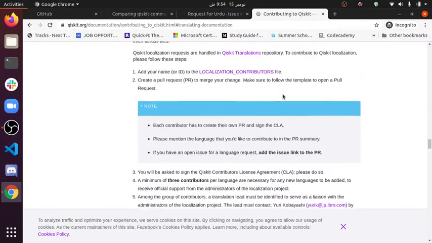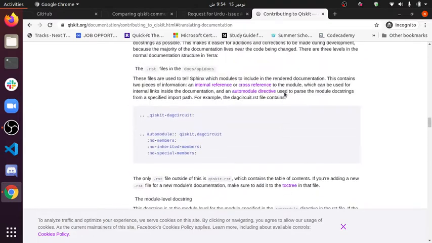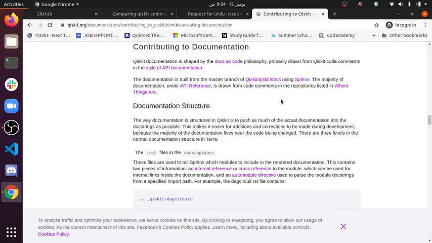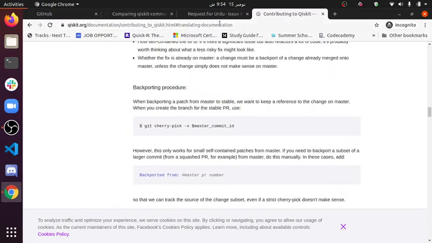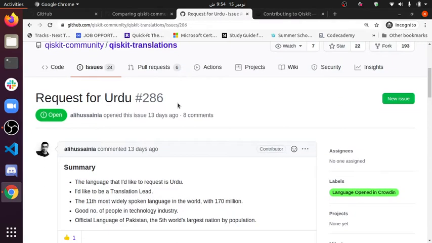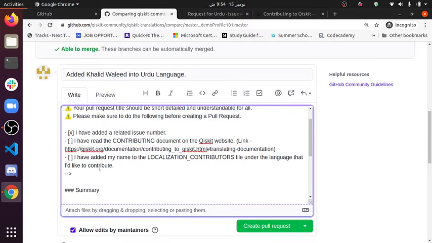Since I have already read it and I am part of the Qiskit communities, the Qiskit translation project, I'll skip that, but I highly recommend you read this documentation. Coming back to the pull request tab, I'll simply add X and remove any space within the bracket.